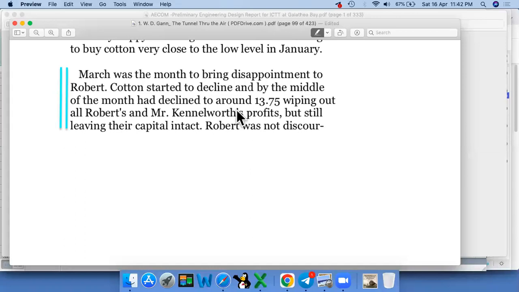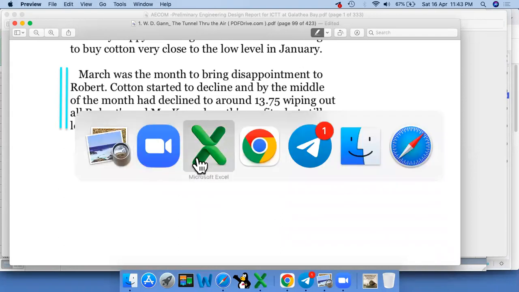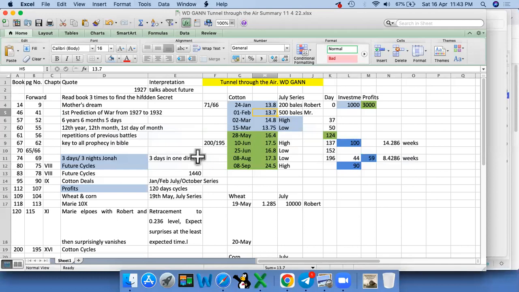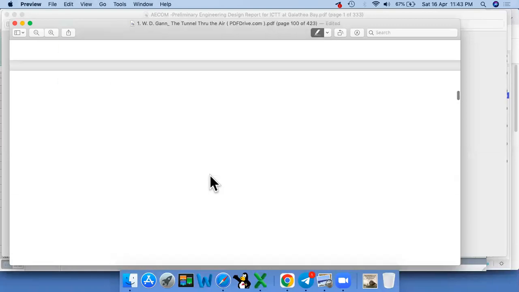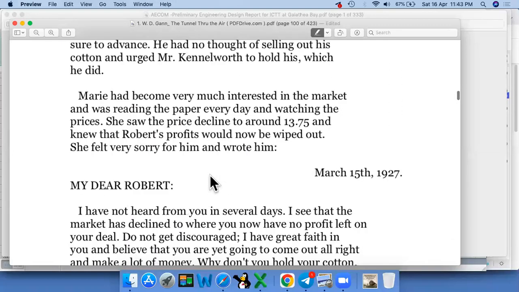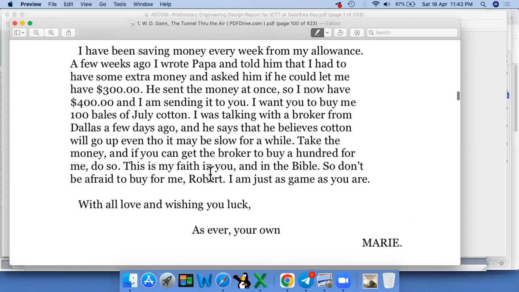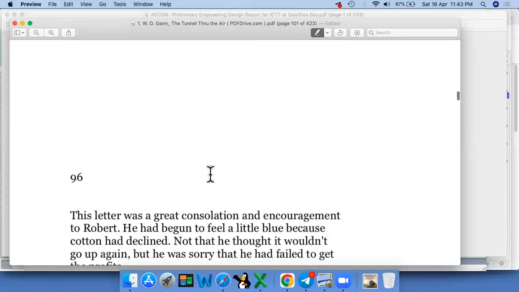So as we have seen, 13.7 was the low which was then made, and this low happened somewhere around the 15th of March, right? So after that, what happened is they did hold on to those things together,